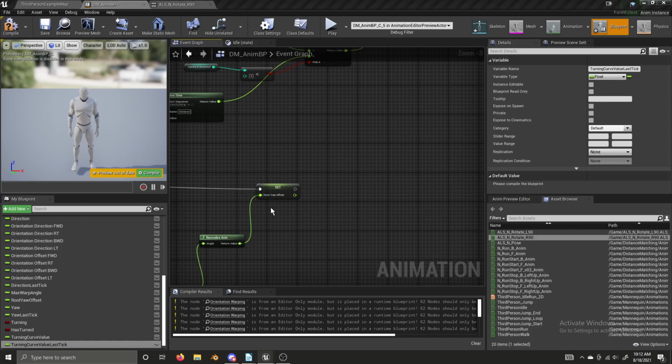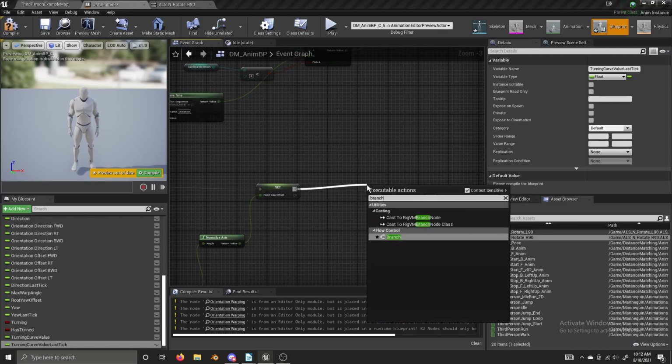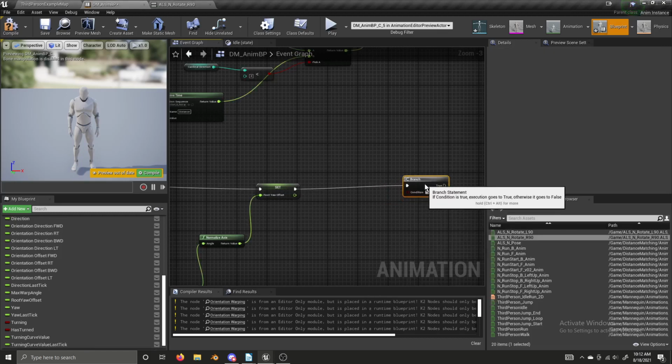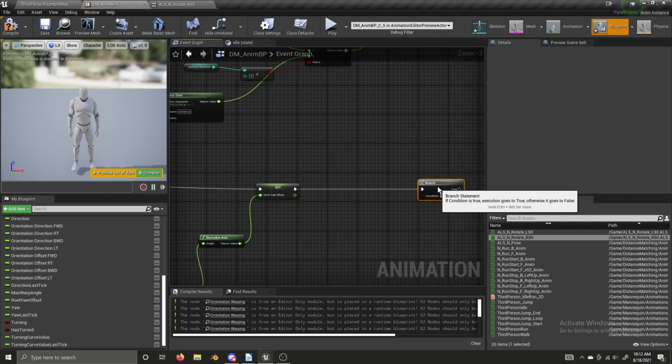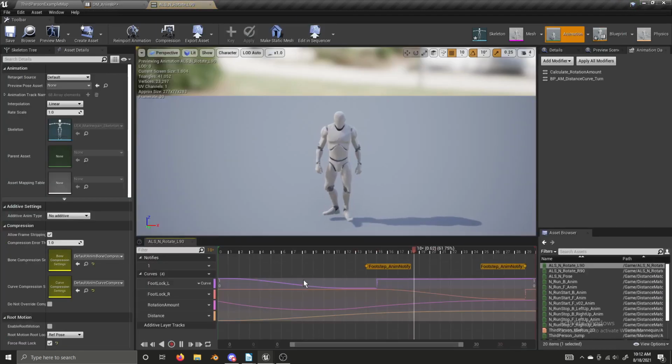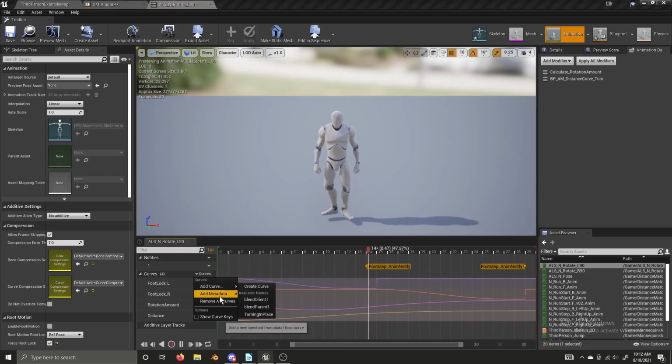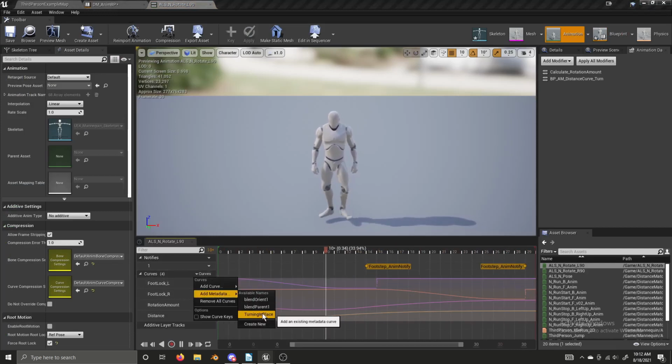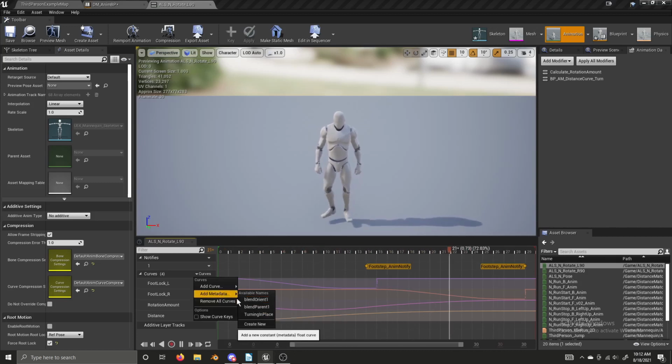And now, off of our root yaw offset, I'm going to get a branch. And with this branch, I want to say, are we turning? There are different ways to do it. We could duplicate our logic and say, if the absolute value of root yaw offset is greater than 90, we turn. But I'm going to do something a bit different. I'm going to open up our animations, and I'm going to create a new metadata curve. I already have this turning in place metadata because this isn't the first time I recorded this video, as I've said before. I forgot to record the audio last time, so I'm re-recording it here. And so you can just go to add metadata, create new,